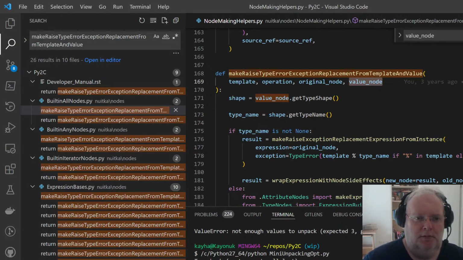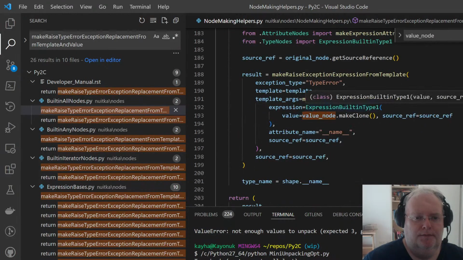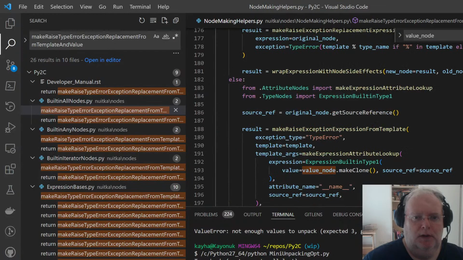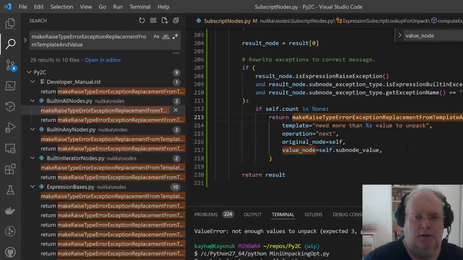Because I have a shape, and the type name, and then it says, this is for type error replacements. It's wrong to use. Because I need to make a value error. Make exception. Yeah, I want to use this. The other one is a bit specific.